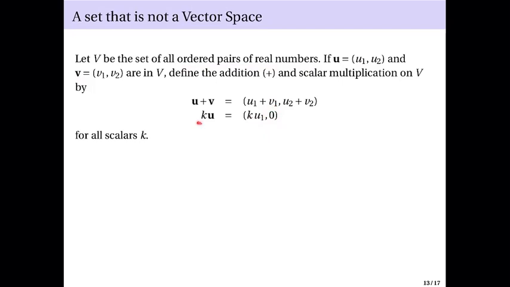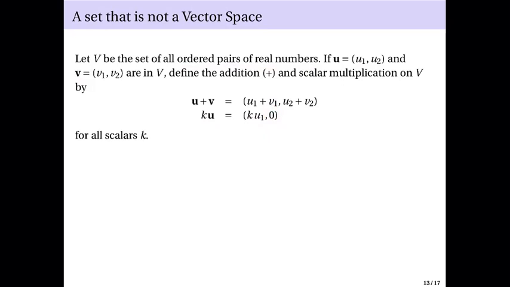So the scalar multiplication is defined as Ku equals Ku1, comma, 0. So for this, you can verify all the axioms